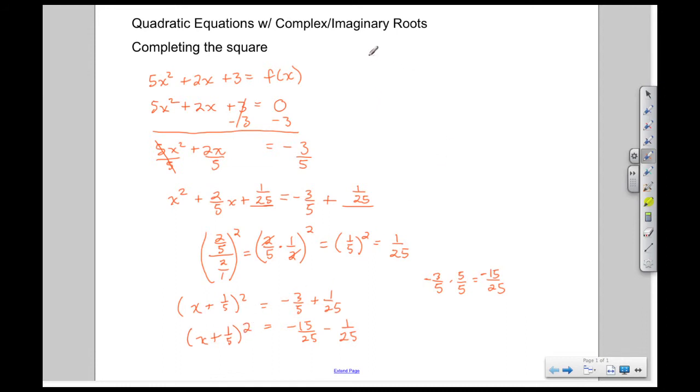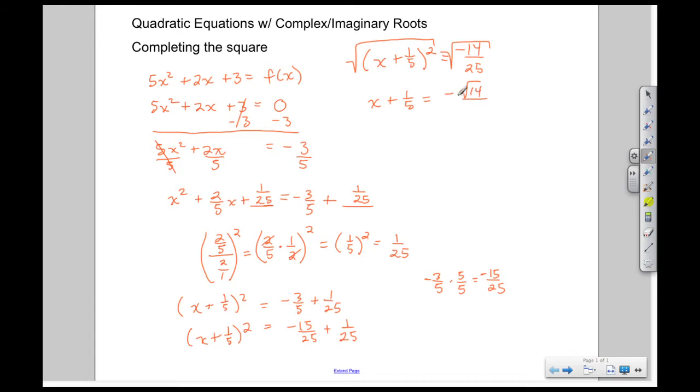When I evaluate, I'm going to have the quantity x plus 1/5 squared is equal to, well, I have a -15 plus 1 to give me a -14, and my denominator stays at 25. And now to solve for x, I notice my left hand side is squared, so I need to take the square root of both sides of this equation. Now I'm left with x plus 1/5 is equal to